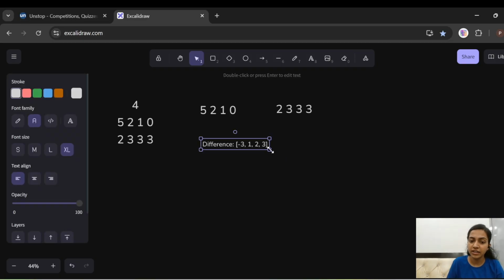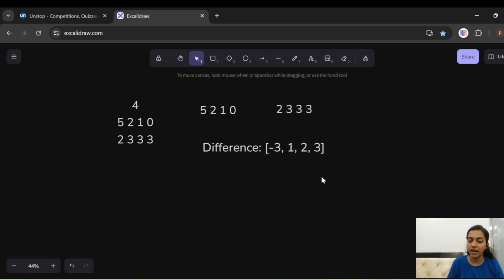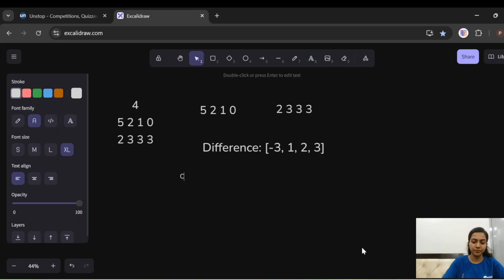Now we need to find the segments and subtract the minimum from it to find the minimum number of waves required to change our initial to threshold. So firstly, we'll just use a plus 3 because this is a negative segment. So we can't add anything else to it. So I'll just add plus equals to 3. So now my count will be 3. And my difference array is going to look like 0, 1, 2 and 3.